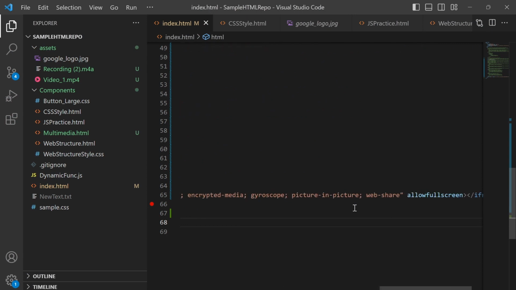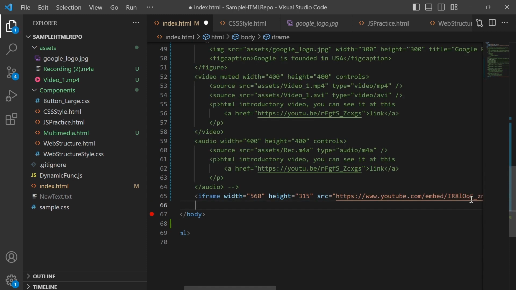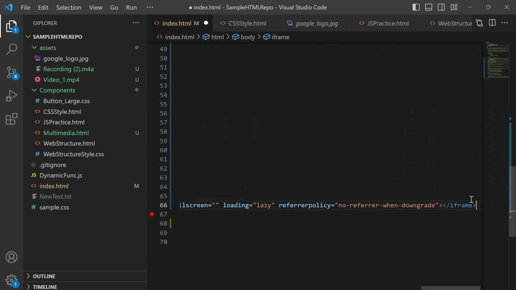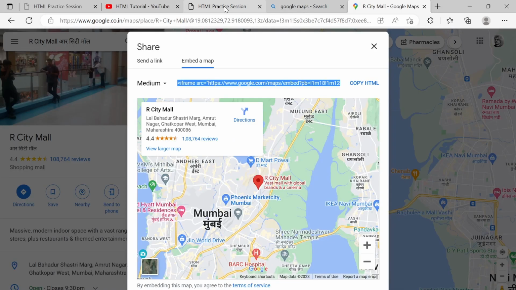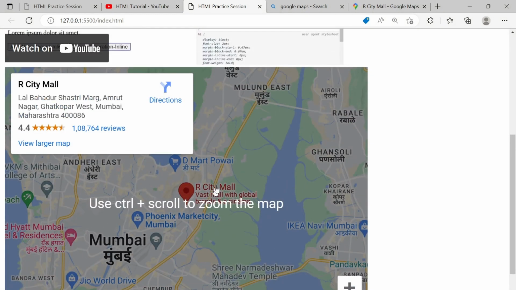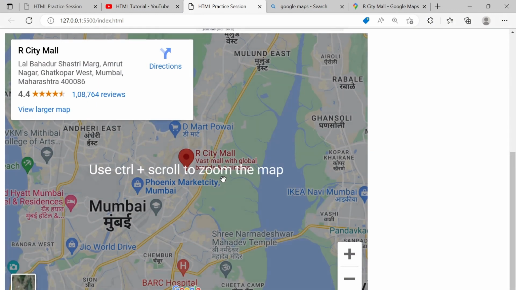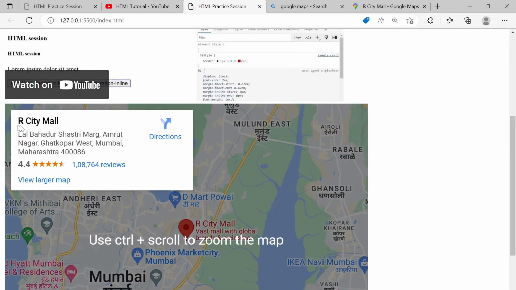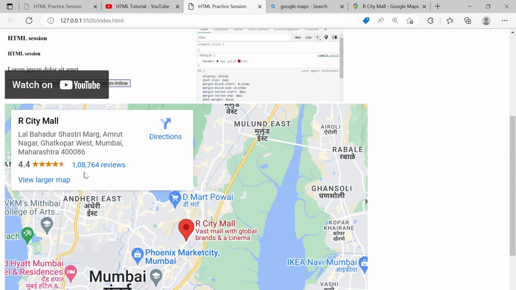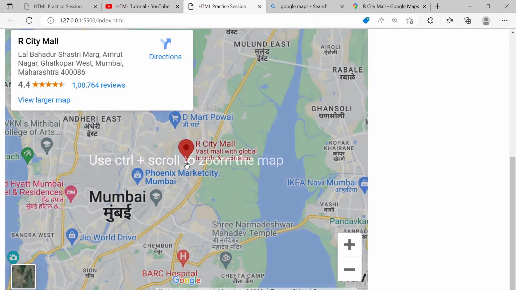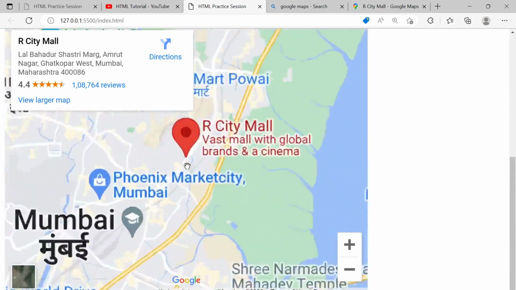Again, we are using the Google Maps functionality on our website, so it will be easier for the end user to find our store through Google Maps. They can easily check this map and understand where our shop is located. See, it embeds that map into our website with all the options like shop name, proper address with reviews, and here it gives a control to scroll to zoom in and zoom out.